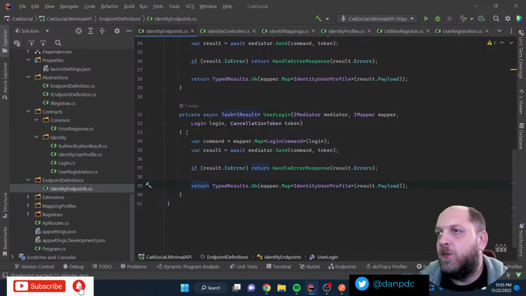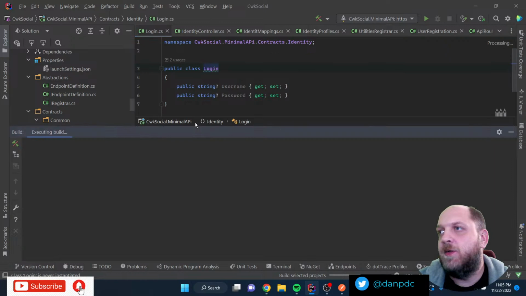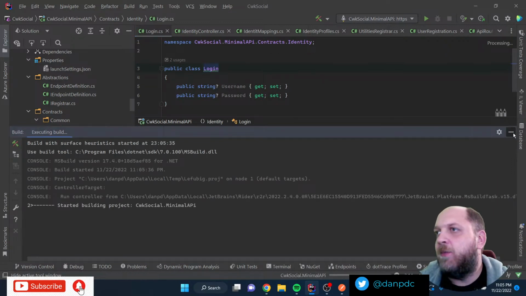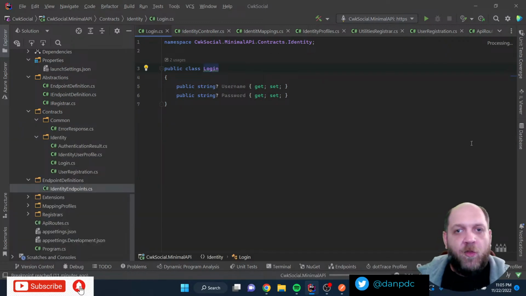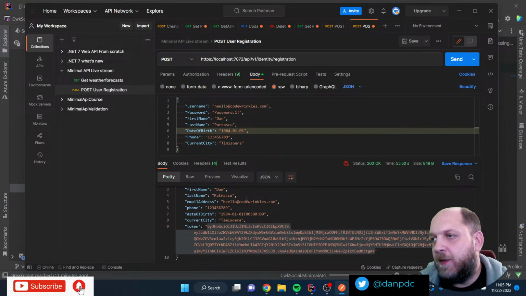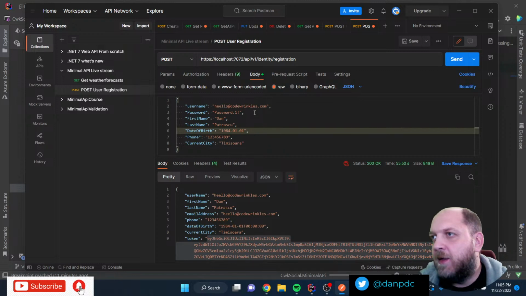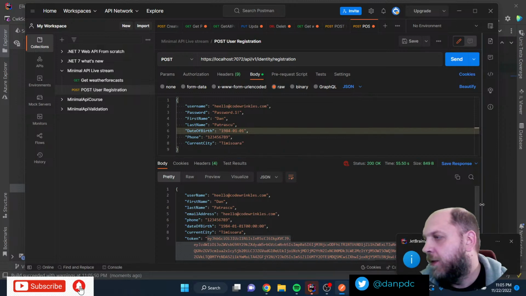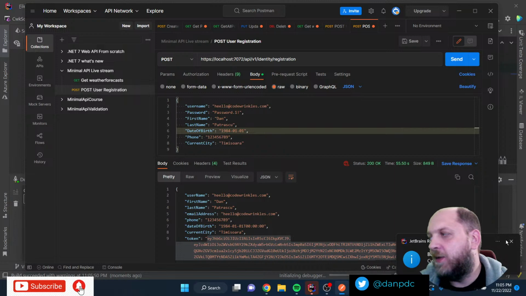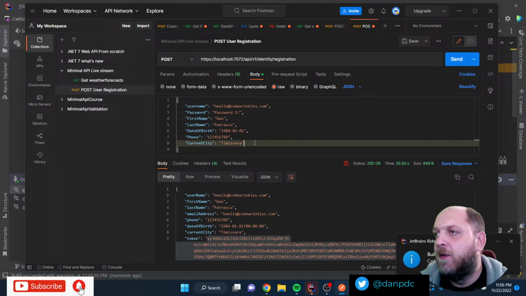Cool. So now I just wanted to also take a look at this login, which just has a username and a password. And well, now I have to recall actually what I have provided here. Username was this one, and the password was password.1 and exclamation mark. Build succeeded with warnings. Yeah, the warnings come from the nullable reference types that we didn't care about when we developed the other part of the application.